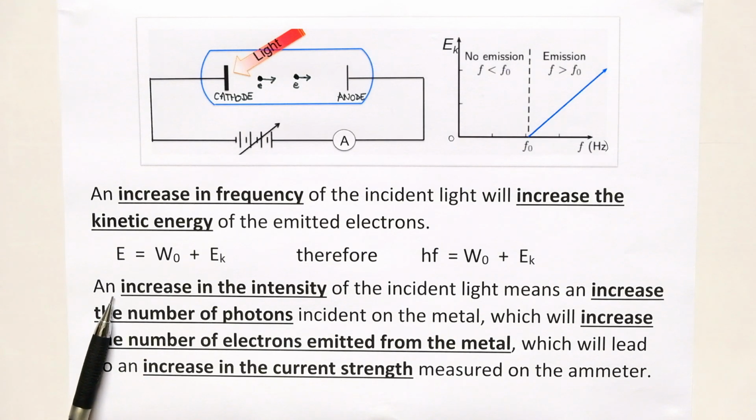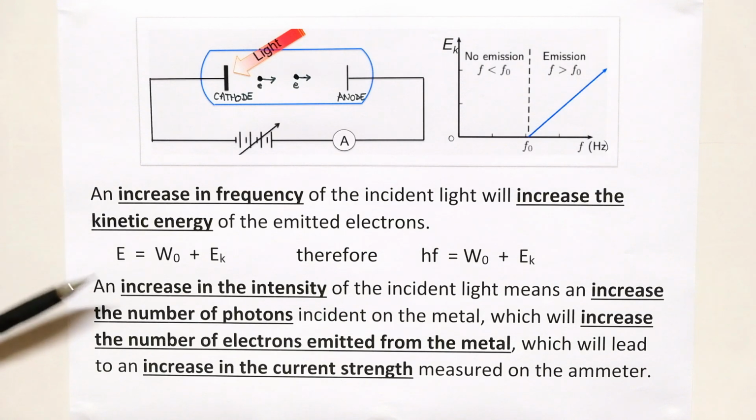But if we change the intensity of the incident light, in other words, a brighter light, if you increase the intensity of the incident light, that means you have increased the number of photons falling on the metal. This will increase the number of electrons emitted from the metal, and that will lead to an increase in the current strength measured by the ammeter in the photocell. So do not confuse these two, an increase in frequency with an increase in intensity of the